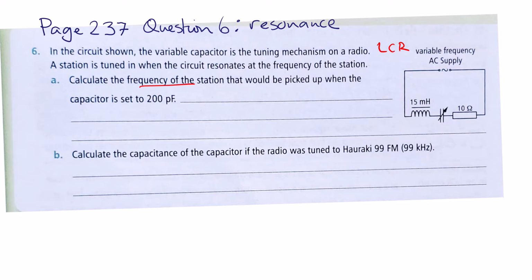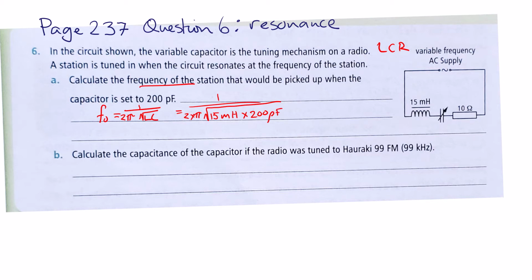So let's then come back to where we were: calculate the frequency of the station at resonance. So let's try our equation here. The resonant frequency equals 1 divided by 2 pi square root LC, equals 1 divided by 2 times pi times the square root of inductance, 15 millihenry, times capacitance, 200